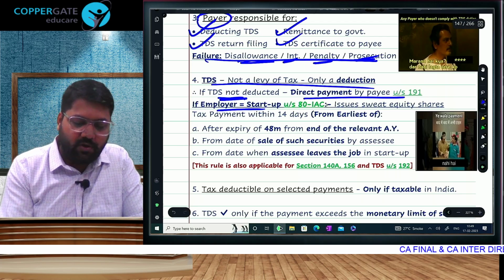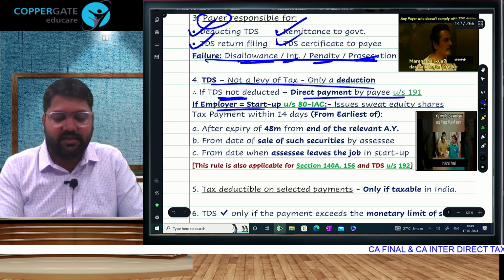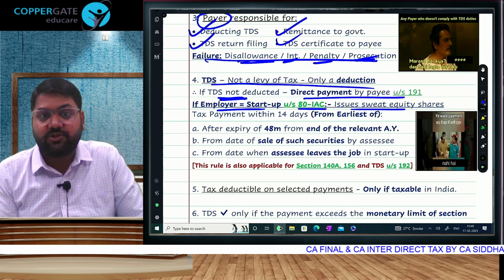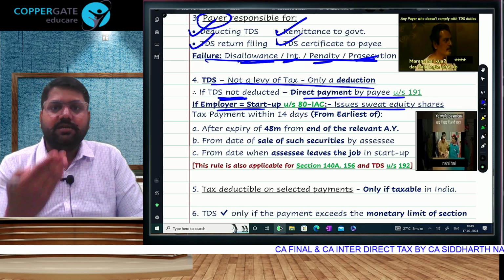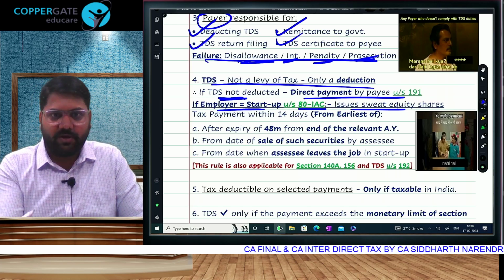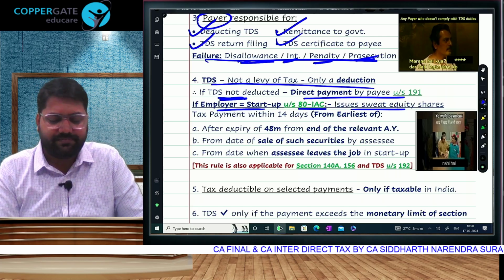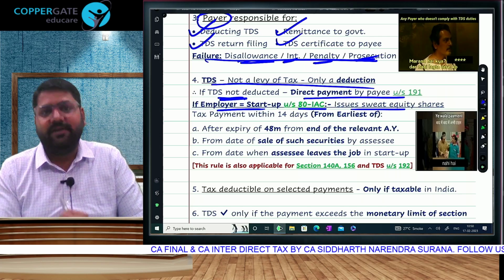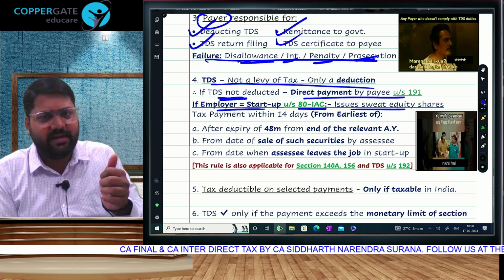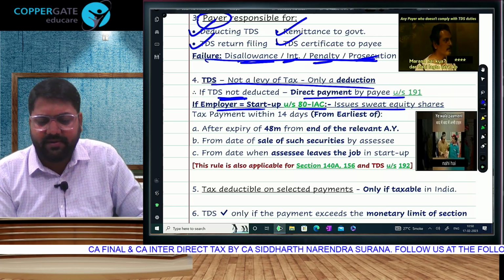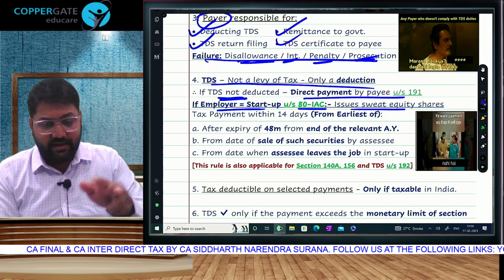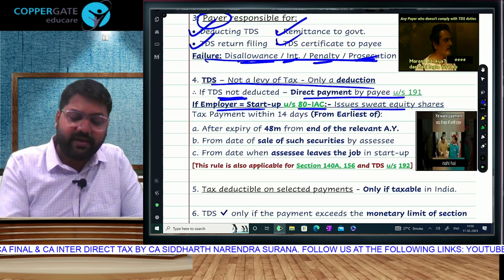However, if you are an employee of a startup which is covered under 80 IAC, who gets sweat equity shares, ESOP. So you have received ESOP, that is like a perquisite that you have received. Startups give ESOP because they don't have cash. So this tax payment need not be made immediately. The same point is there in demand notice. AO will also not demand it immediately. Point is there in self-assessment tax. You don't have to pay it immediately. It is there here also. You have to pay it later.